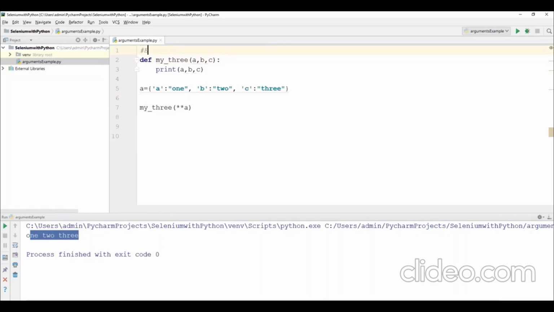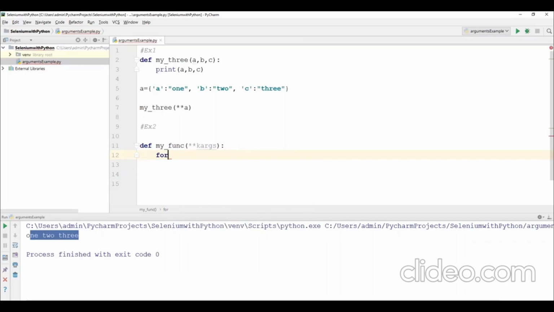This is your example 1, and I'll show you one more example, example 2. So here again I will write one more function. This time I will show you how to receive multiple arguments. def my_function with **kwargs, some variable you can say. Let's say I specify kwargs, and inside this function I will write one for loop to read the key and value.